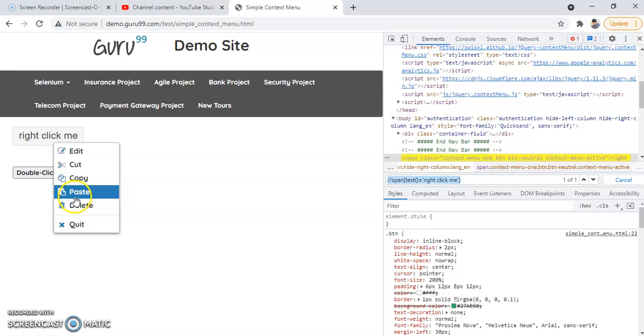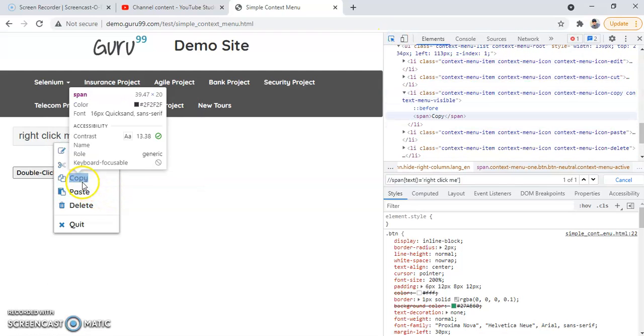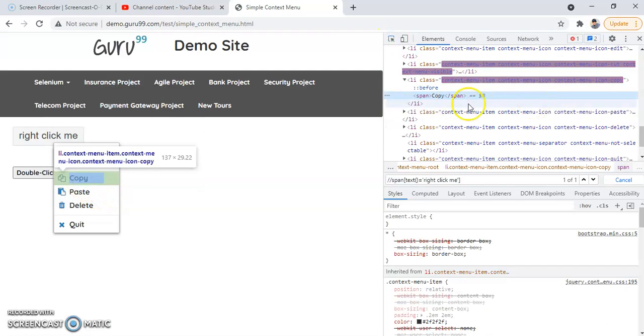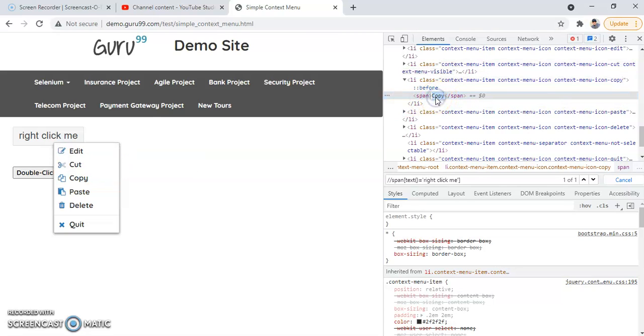This is one of the options available when you do right click. So let's inspect this also. Here also I can take the help of this text and instead of right click me, I will write here copy, right?